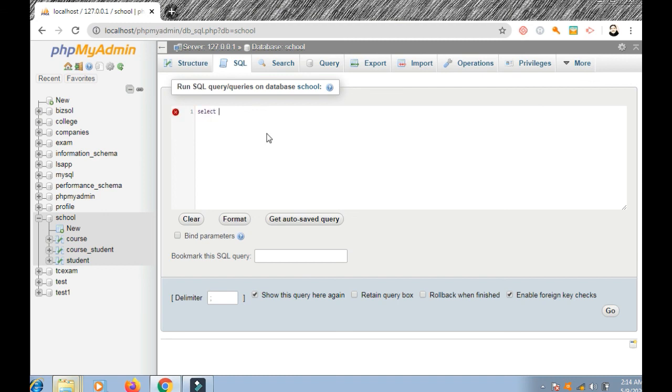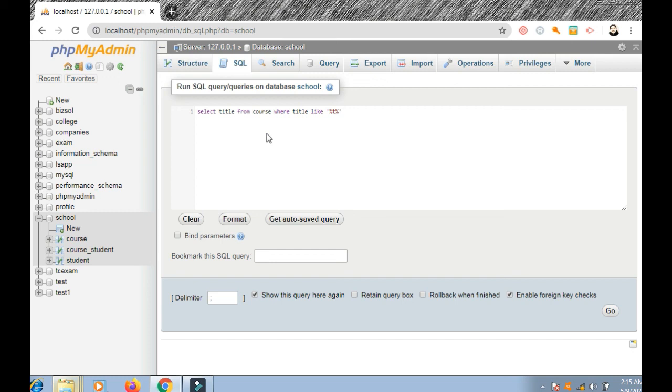Okay, now for the search we will use select all, select title from course where title like percent, and we have an HTML record, for example, we use T. Okay, and percent, and close this. Now it will search all the records where T is located. Whatever is after the T, whatever is before the T, it will search all the T.